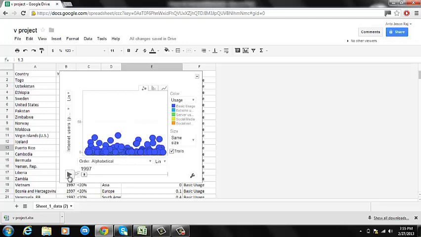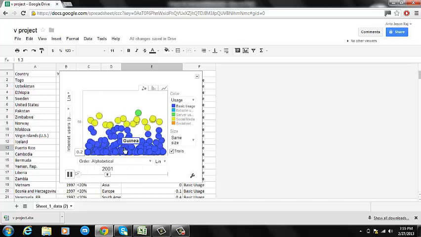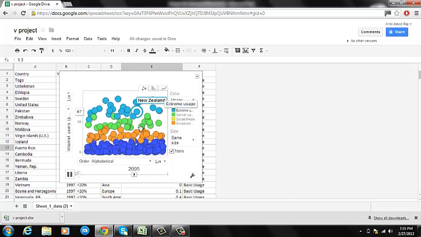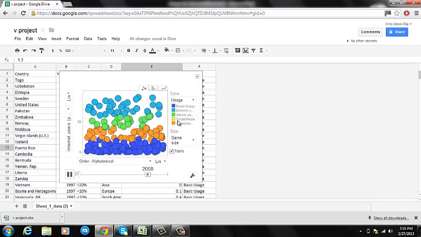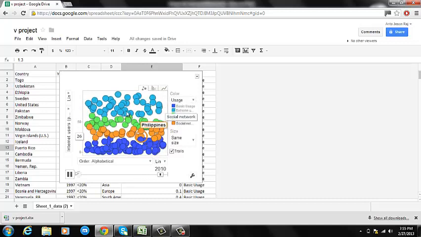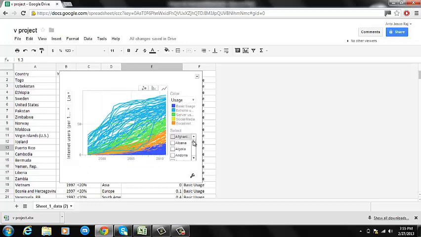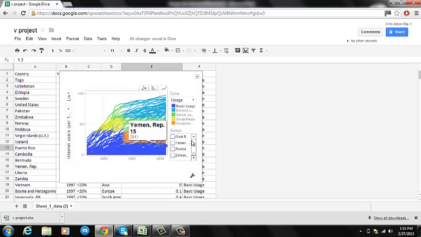So simulating this model, from 1997, as the years go by, we see the different countries in terms of their usage, and the bubble color changes in terms of basic, extreme, server usage, social media, or as we go on to 2011, we can see that there are cases of extreme usage where data mining applications are being run. And some of the things we can also do with this is, for example, we can select a specific country and monitor its usage. We can even do it 2 at a time, 3 at a time to just see how